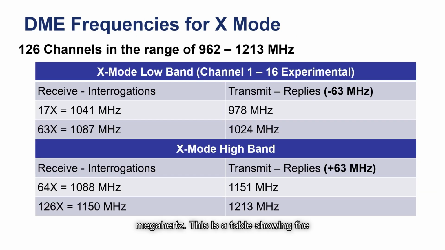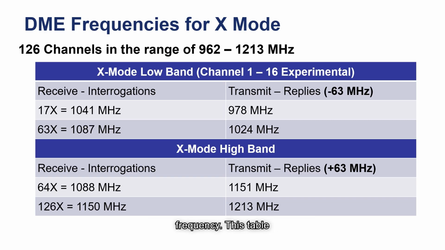This is a table showing the DME frequencies in X mode. Each mode has 126 channels separated into a low band and a high band. The low band is channels 17 through 63 and the high band is channels 64 through 126. Channels 1 through 16 are reserved for experimental use. The low band transmits 63 MHz lower than the received frequency, while the high band transmits 63 MHz higher than